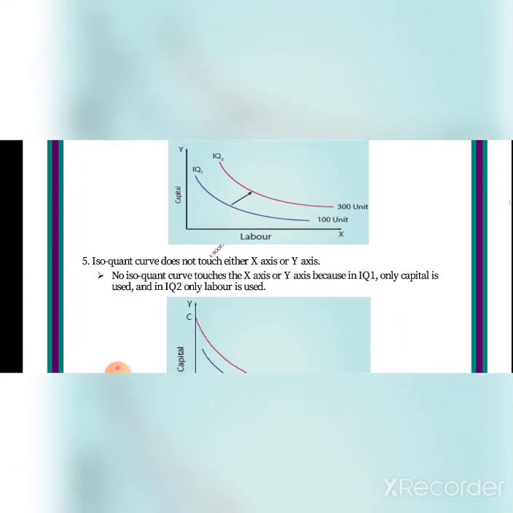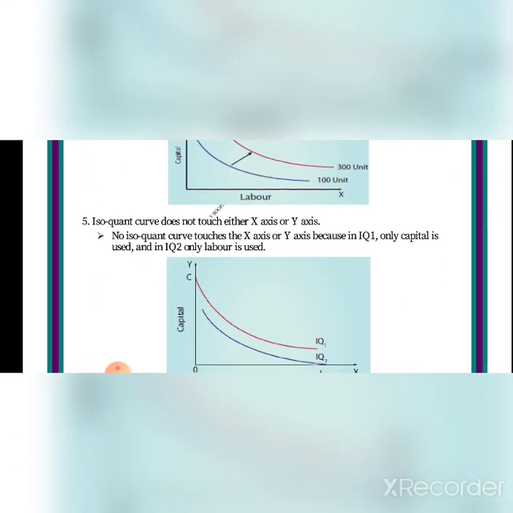Next one, an upper isoquant curve represents a higher level of output. Upper isoquant curve means, you see the red curve, that is the upper isoquant curve. There are two curves. Always there will be a combination of two factors, isn't it? We are seeing here the labor and capital in both topics. You see the first curve, the red curve, it's the upper curve, IQ2. Higher IQ shows higher output and lower IQ shows lower output. So an upper isoquant curve implies the use of more factors than the lower isoquant curve.